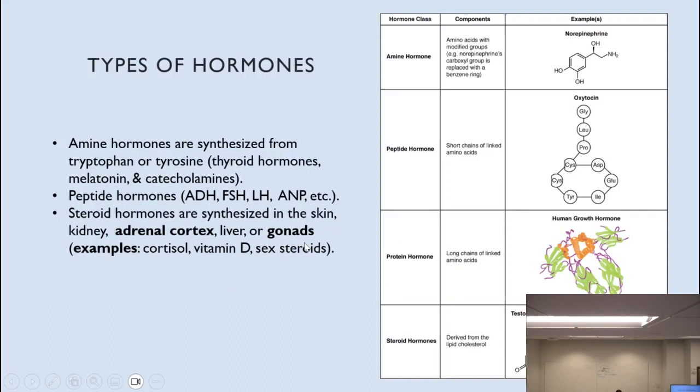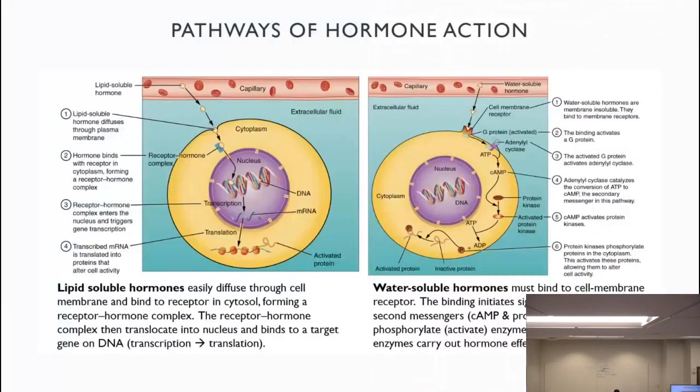There is nothing new there. Amines are made from tryptophan and tyrosine. You have examples. And here we have the pathways of hormone action. Well, we were talking about the difference in the actions of lipid-soluble and water-soluble hormones. On the left, you have the lipid-soluble hormone diffusing freely through the cell membrane,